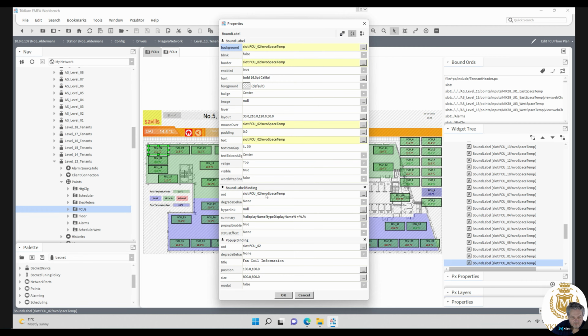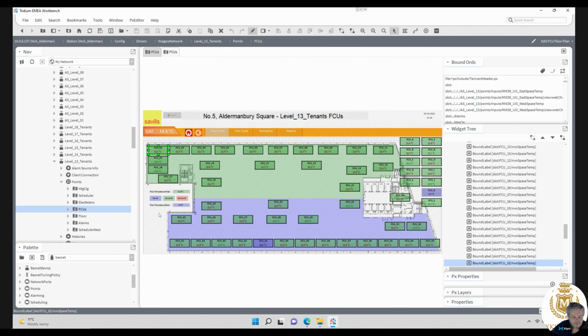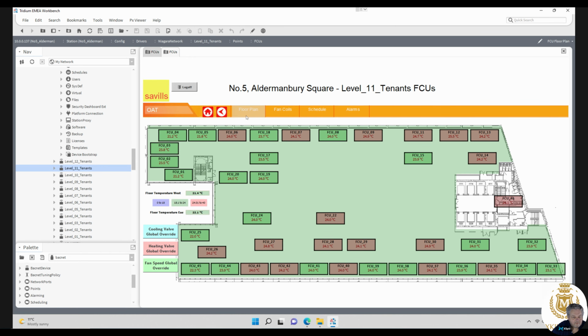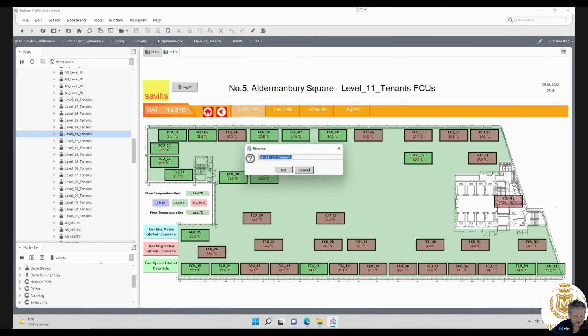Yeah, MVO space temp, which doesn't exist anymore. The MVO, that's LON. And then we've also got some overrides on the BACnet. If I show you level 11 tenants, you see we've got some overrides here. So what I'm going to do with this level 13 is I'm going to just rename that old LON. Eventually I'm going to delete it, but I'm going to take